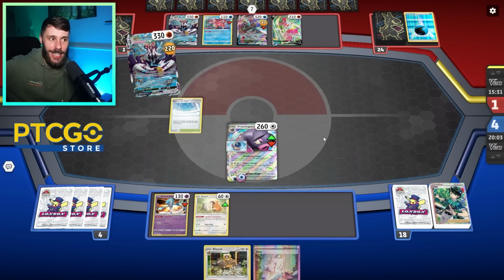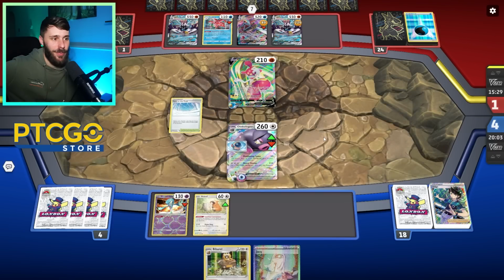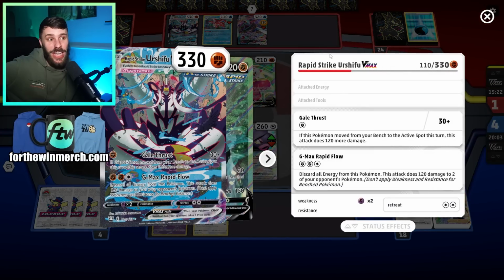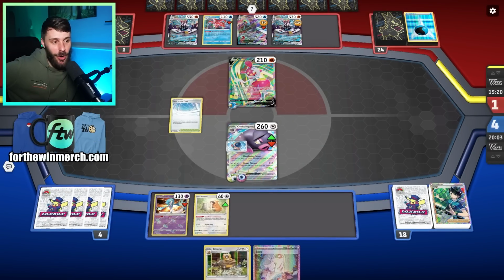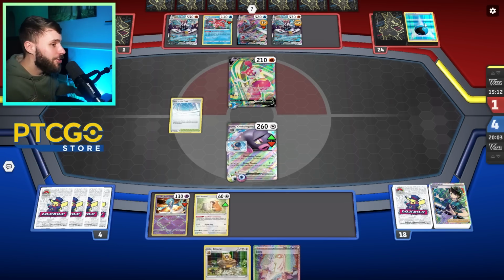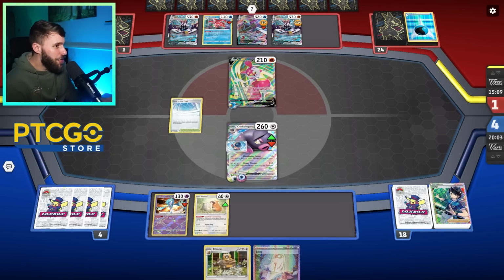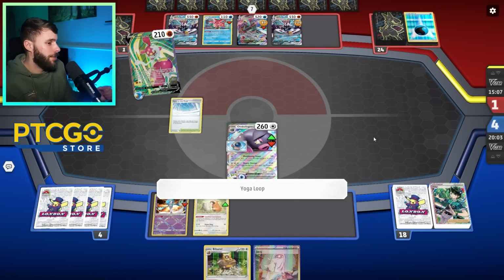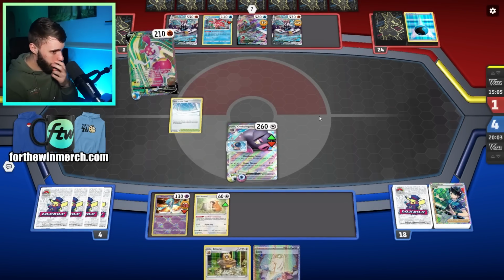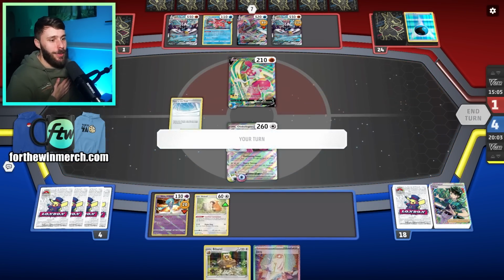The manual retreat, I hear that. I don't think it means much, I'll be honest. We have no way of targeting the bench. If I evolve into this Bibarel, granted I draw, but it immediately opens up Rapid Flow, and they just KO Bibarel for game, so it doesn't mean much. But if I can get a little cheeky Gust on ya, maybe it's worth it. Because they're just going to Yoga Loop this Bibarel, I guess. Yeah, nah. See, now it doesn't matter because if they Rapid Flow...